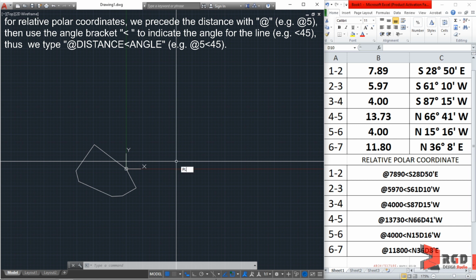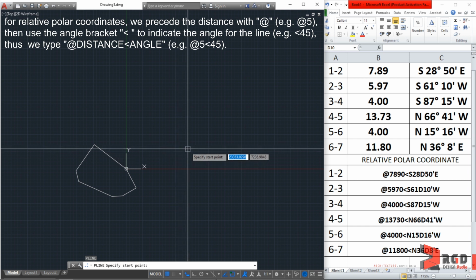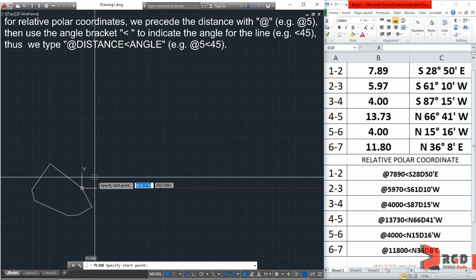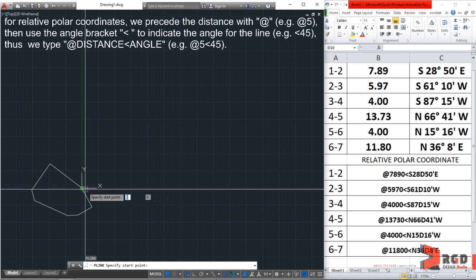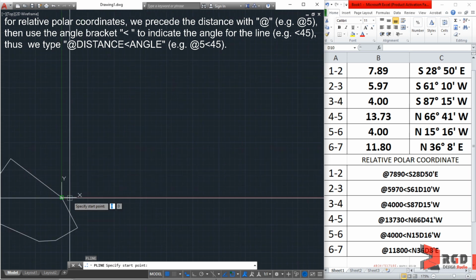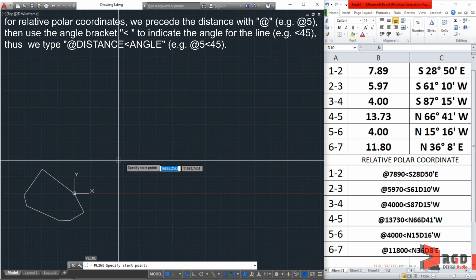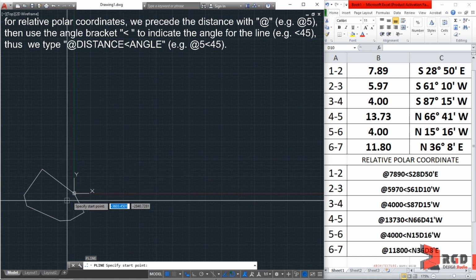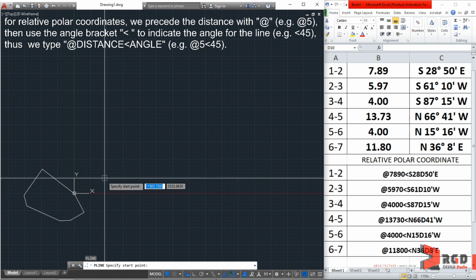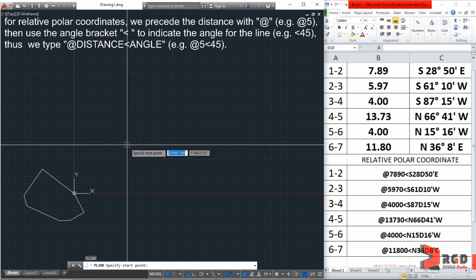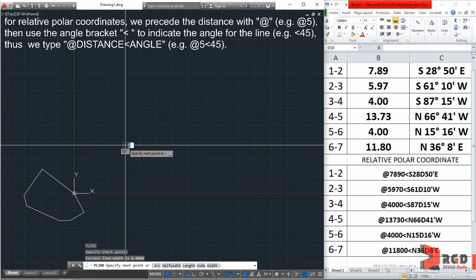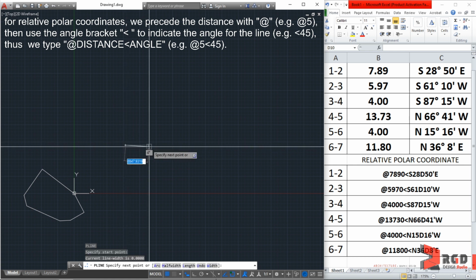Okay, so type PL for polyline. So enter. So let's redo our title block. This time, just near. Okay, no need to start from the origin, for as long as it's near the origin. So let's click anywhere near the origin, but not too near the initial lot plan that we created. So let's say start here, and then let's start all over again. So at